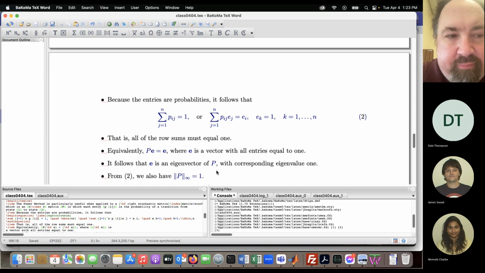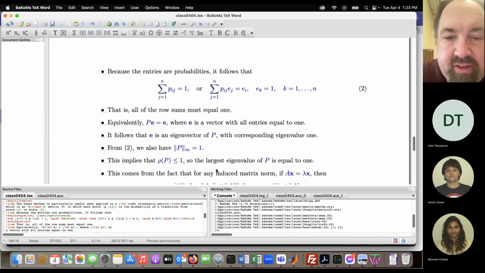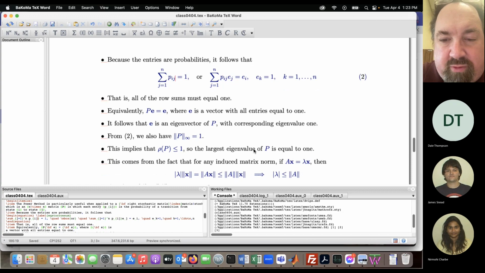Now, we can actually conclude from that not only is 1 an eigenvalue of P, but 1 is the largest eigenvalue of P. And the reason for that is